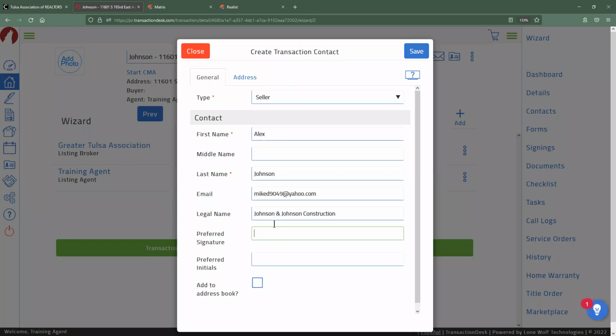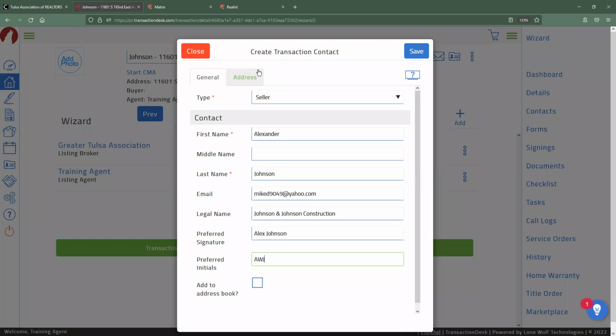Now, in addition to all of that, we do also have the option to change up the preferred signature. So let's say that maybe Alexander was actually going to be the name that appeared on a lot of this stuff, but his preferred signature was Alex Johnson. We can have that on there. And then we can also add in any of the preferred initials as well. So if Alex's wife was named Andrea, we clearly are going to have AJ for both first and last initials. I might need to put in any of the extra initials in there just to ensure that they don't look like it's the same initials.